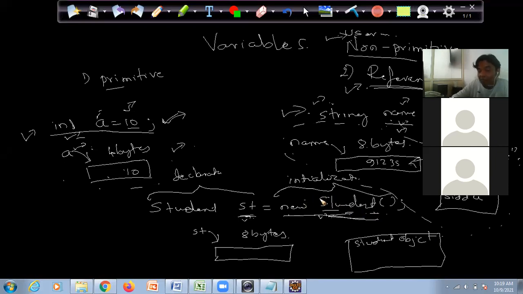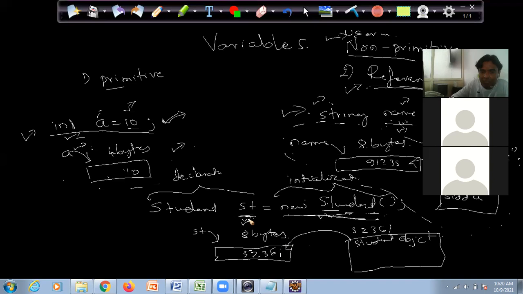For now, we understand that whenever a new object is created, it is created somewhere in the heap memory with some address, like 52361. The string representation of an object address is different, like Student at the rate some hexadecimal value, which we will see later. It is going to store this 52361.